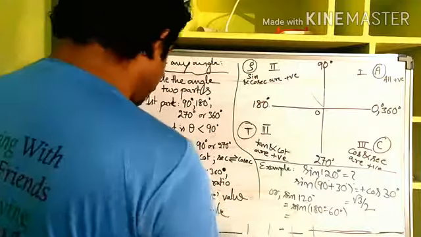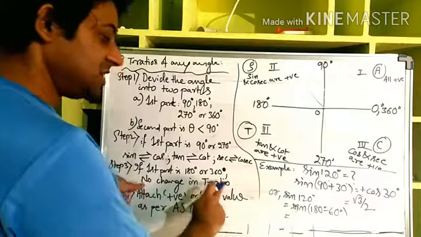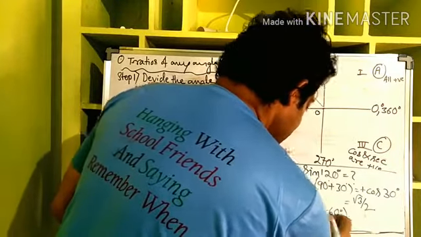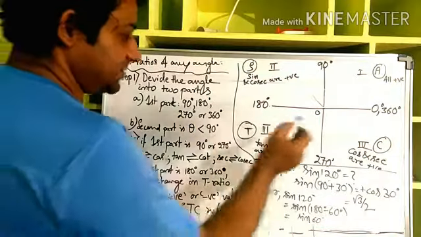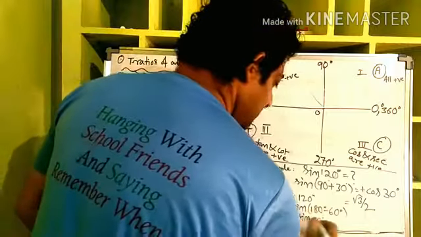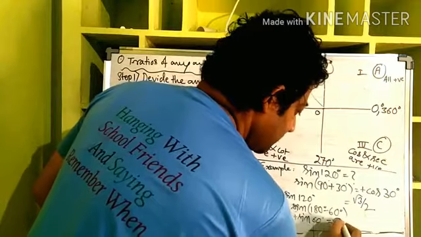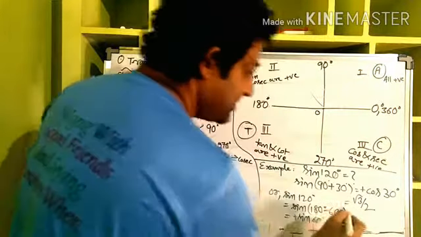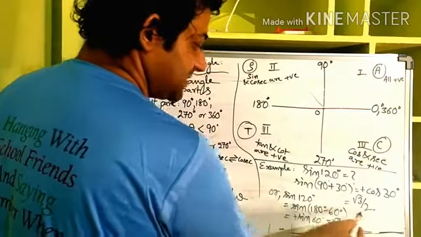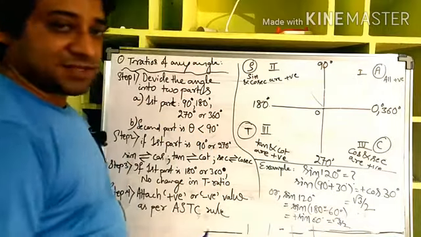If the first part is 180 or 360, the third step says there is no change in the trigonometric ratio. So sine will remain sine only, right? So sine 60, and the sign, since it is 120, is positive. So sine 60, and from the standard angles, you know it is root 3 by 2. The same answer is coming. Whether you express 120 as 90 plus 30, you get the same answer. If you express it as 180 minus 60, then also you get the same answer.